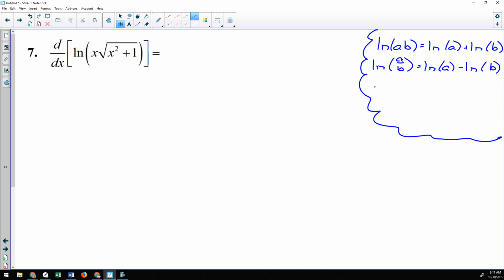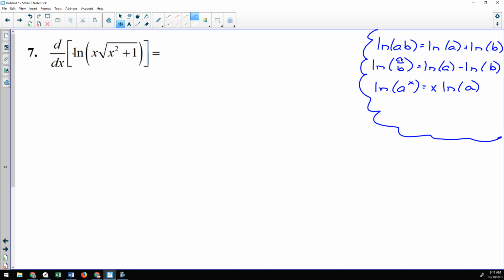And then if you have the natural log of a to any exponent, that exponent, if it's only on the argument, now the whole log is not being raised to a power, it's just the argument, it's just the a, I can bring that x down times the natural log of a. And those are things that you learned in Algebra 2 and reinforced in pre-cal. Unfortunately, in pre-cal, you do this in the first 9 weeks of the year, so it's been about a year since you've seen this, but you need to go back and polish these up and remember these properties,